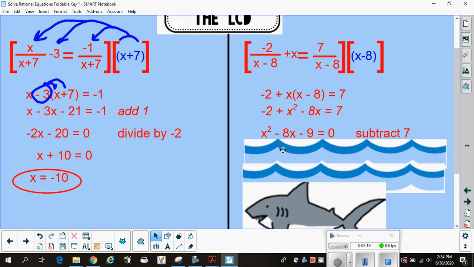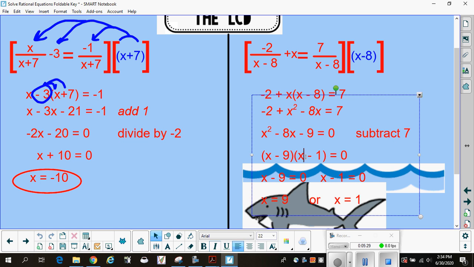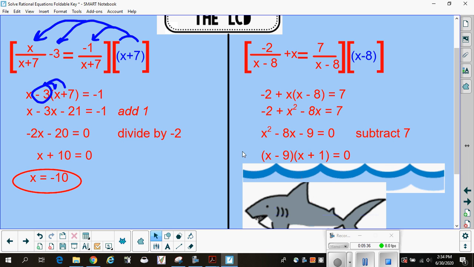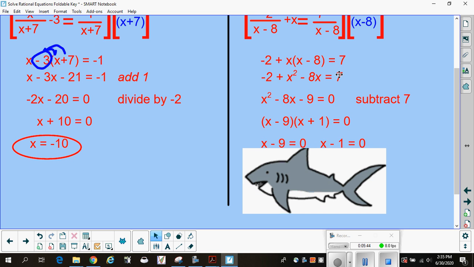Factors of negative 9 that add to negative 8 are negative 9 and negative 1. Oops, negative 9 and positive 1. I'm going to do this. So we get negative 9x plus an x, and then we get a negative 9. Now when I subtract, whoops,